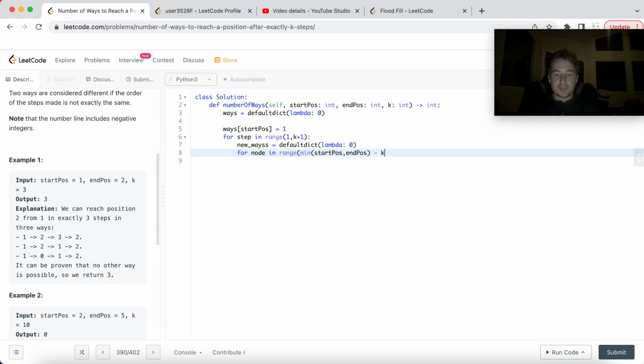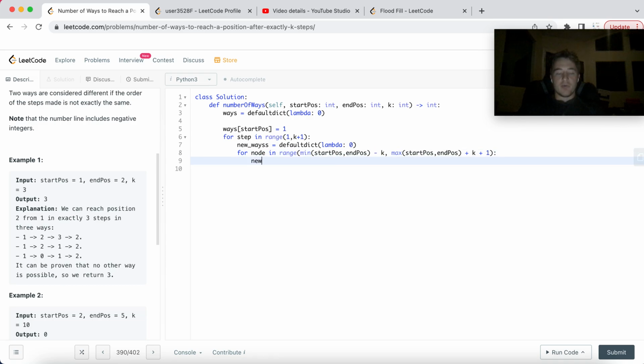Start position, end position, minus k to the max of start position, end position, plus k plus 1 to include start position plus end position plus k. So we'll look at this range. Yeah, that gives us k squared, and I know that it's not, whatever. That's fine, I don't care. So we'll look at this range,